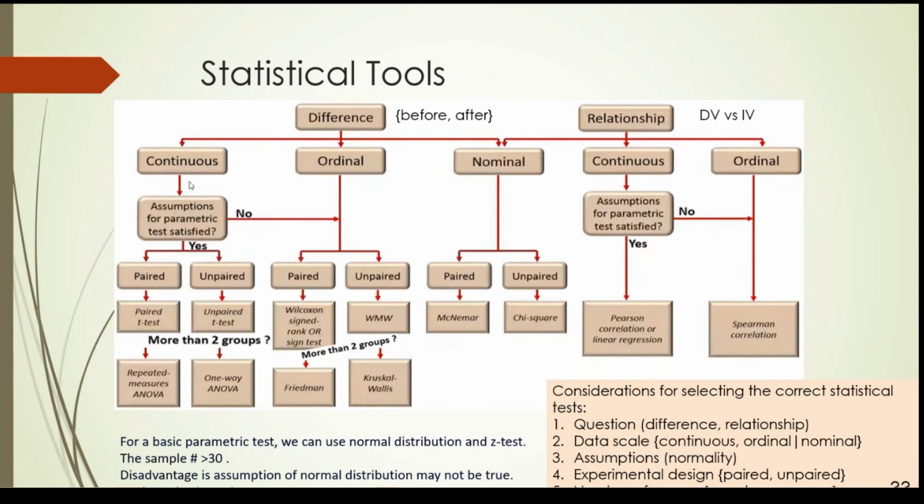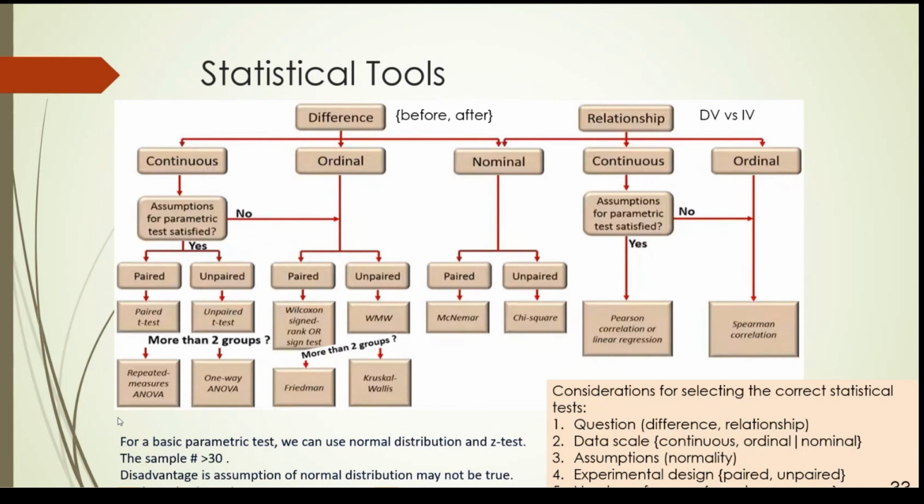Continuous is quantitative. And there's a continuity. For example, your height from baby until now keeps growing, right? Continuous. And we use continuous, ordinal, nominal data for finding the difference. For finding relation, we use nominal, continuous, ordinal as well. And the goal here is to find the right statistical test.